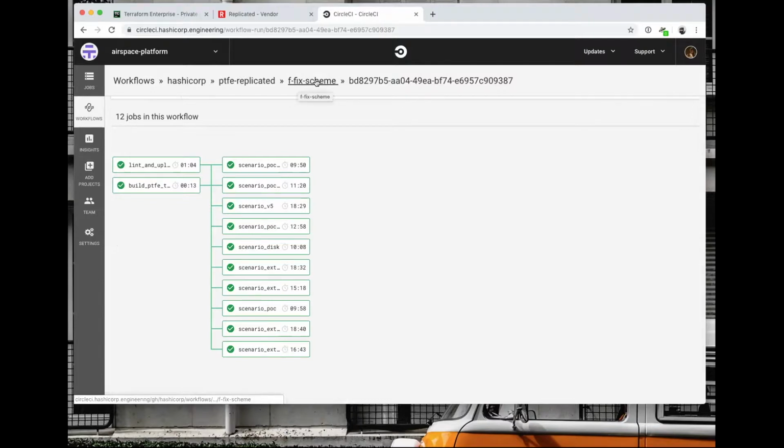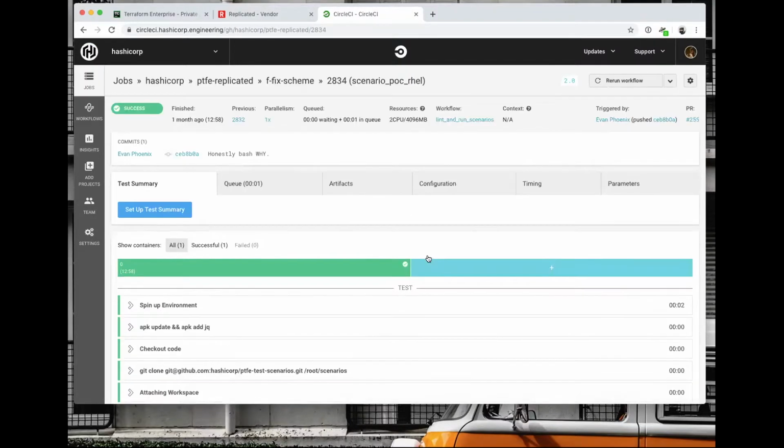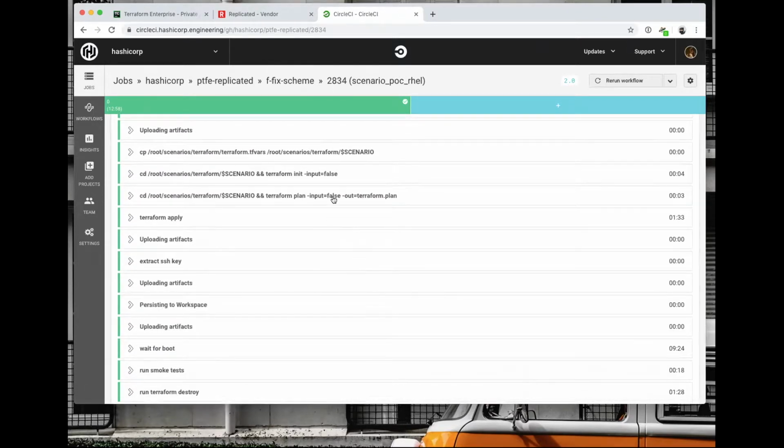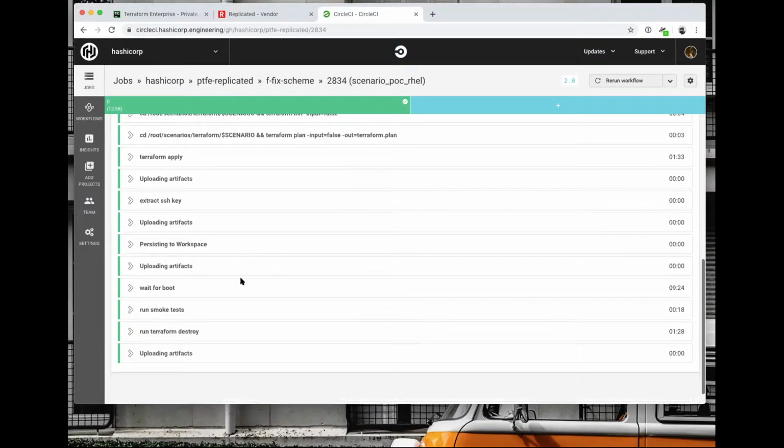So for this fixed scheme, if we were to go over to the vendor portal, we would find a fixed scheme customer and a fixed scheme channel. And if you go through to here, you'd see that what we actually do is a Terraform install, and then actually install the Replicated release that's tied to that one, and then run some tests on it and make sure that it works. So that's how we know we have validation before a PR gets merged that this actually works all the way through in Replicated as well.